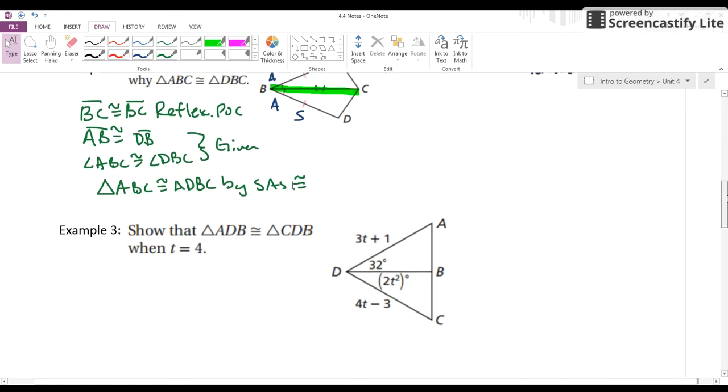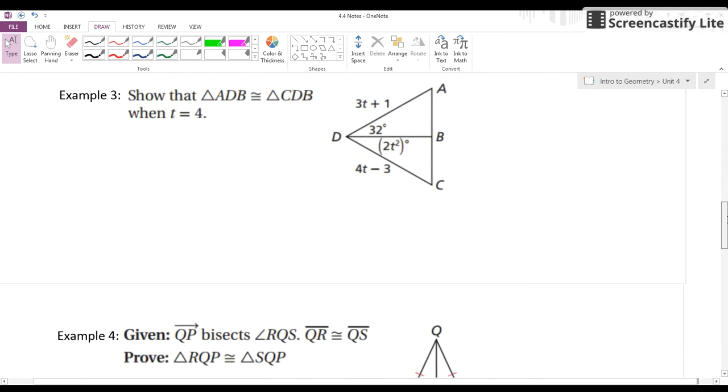Okay? So let's take a look at example 3. How would I show these triangles are congruent? Now using some algebra, using some numbers. So remember, look at the diagram first and see, well, what am I trying to use here? Am I trying to use SAS or SSS here? Well, I'd want to use side, angle, side, because notice I'm given angle information, right? So since we have angles,